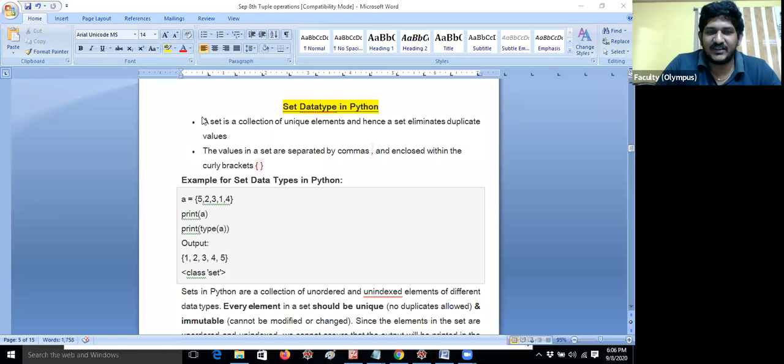So don't forget. Just now I discussed list and tuple. Now I will move to the set data type in Python. We are actually discussing data types only. As we move on with the programs, I will tell you in which examples sets will be preferred, in which examples lists may be preferred, and in which examples tuples may be preferred. Don't wait till the end, because we are at the starting.